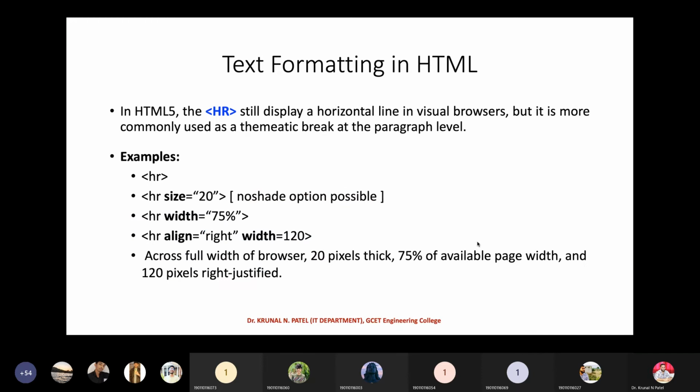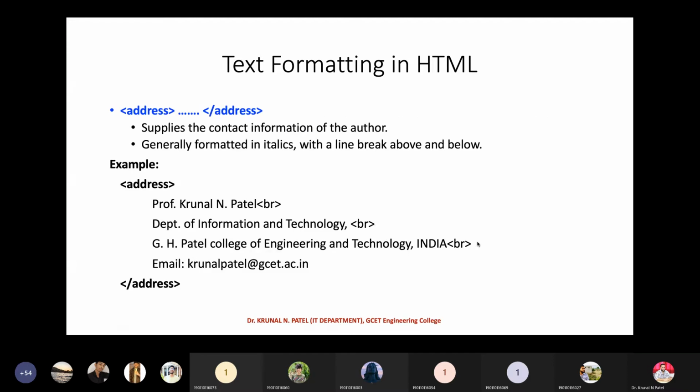Here I have also put an example of how you can use the text formatting tags, such as the address tag. This is a very simple tag. If I want to define an address, the address tag provides some predefined style, normally italic. So if you put this address in the body section, it displays the italic version of the text. Here you use the BR tag for a new line.